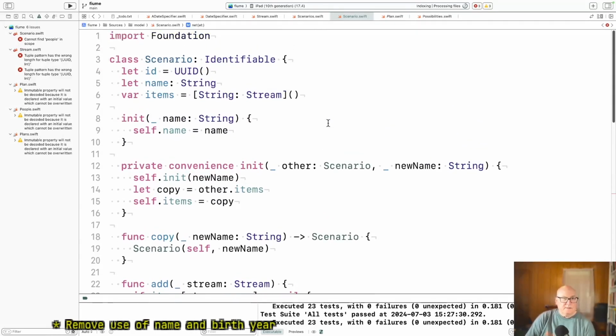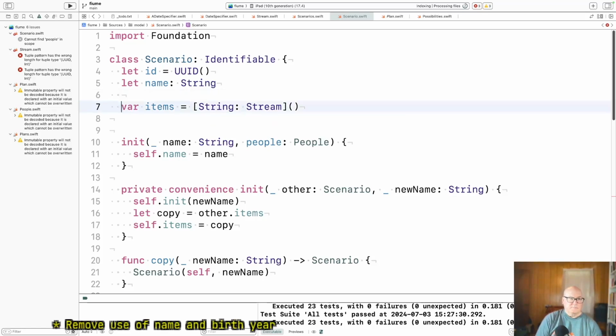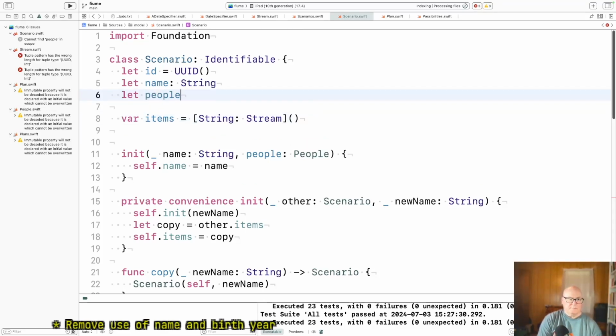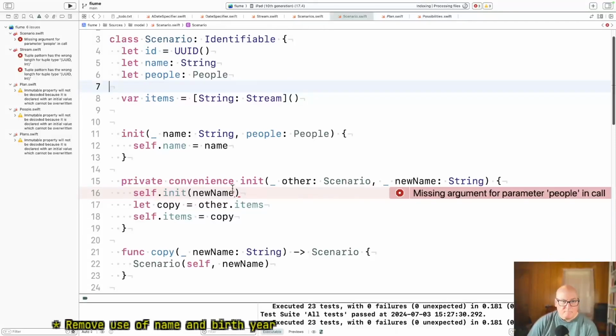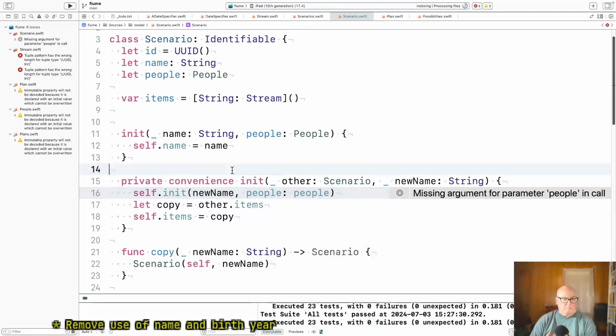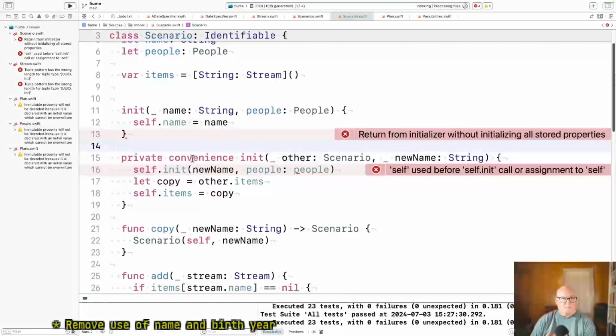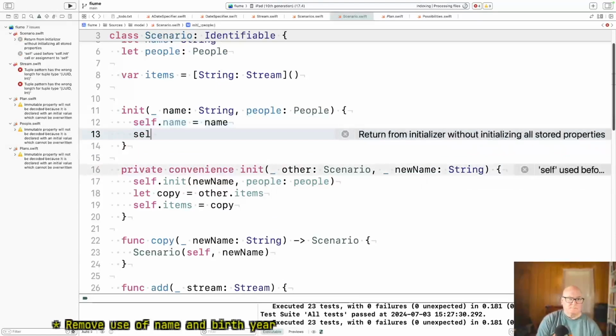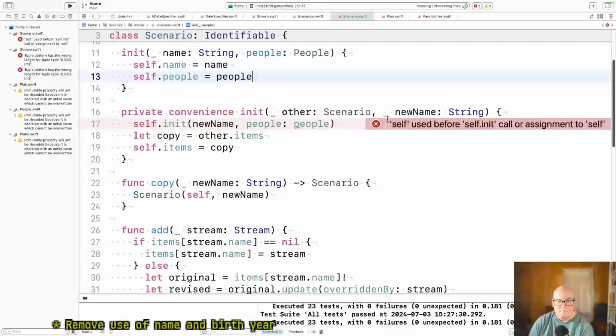Okay, when you create a scenario, okay, other.